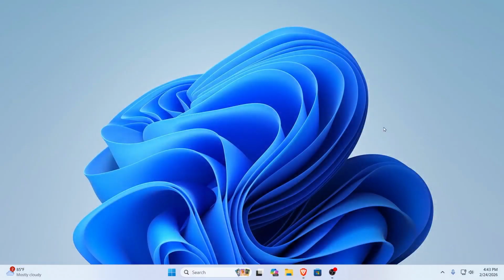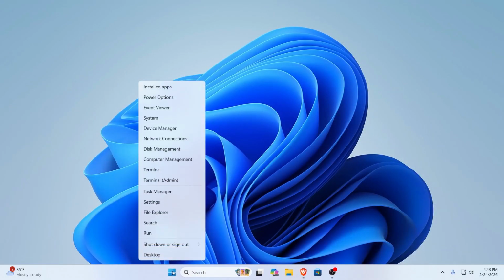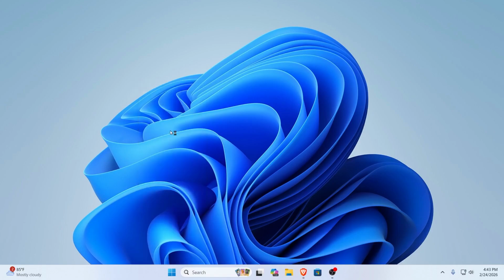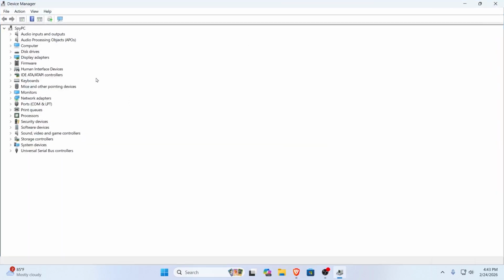And another thing you can do is just close this and come to the desktop. Then just right click on your Start button and go to Device Manager. From here, you'll find this Device Manager. Now, if you have a camera here, you'll find the camera option, but I don't have a camera currently, so I'm just going to show it with the audio options,